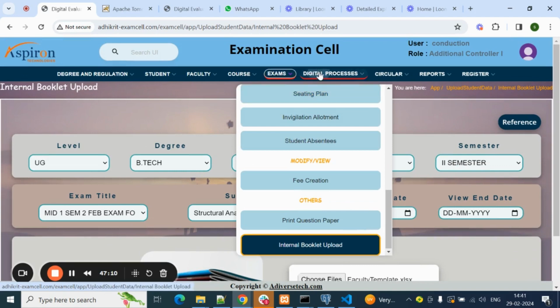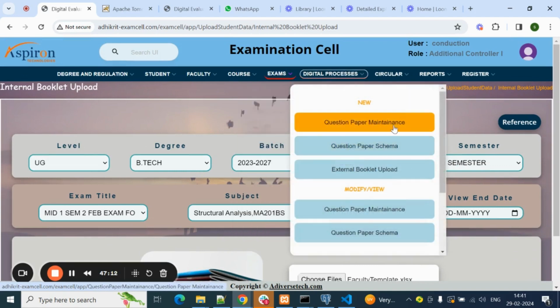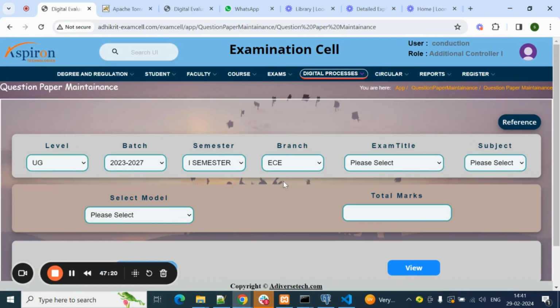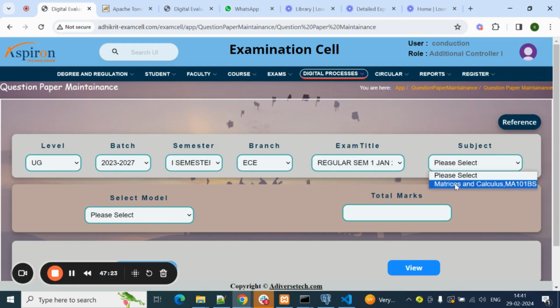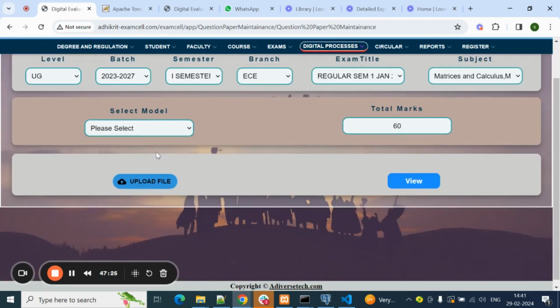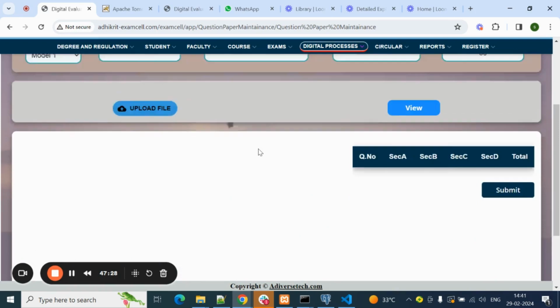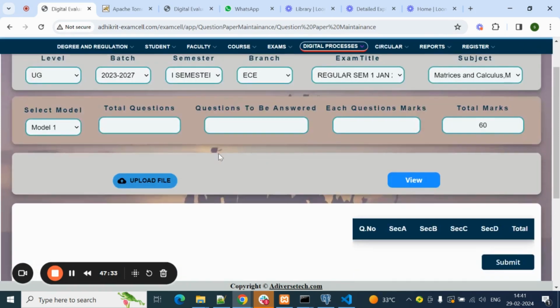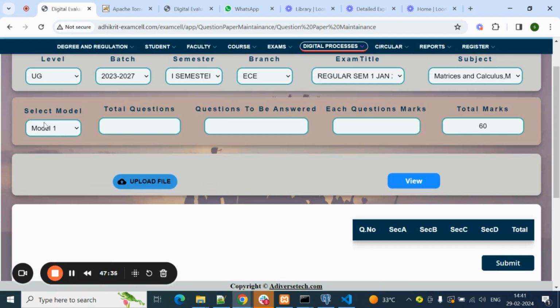Let's move on to digital processes now. So let's start with question paper maintenance. Here, this section is for the maintenance of the question paper. So I'm giving the details first. Here you can upload the question paper, that is the finalized question paper. You can set models, like here there are two models. For model one, you'll have to give the total number of questions that are going to be set in the question paper,